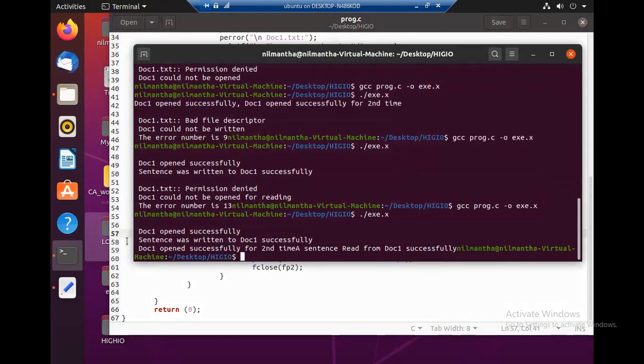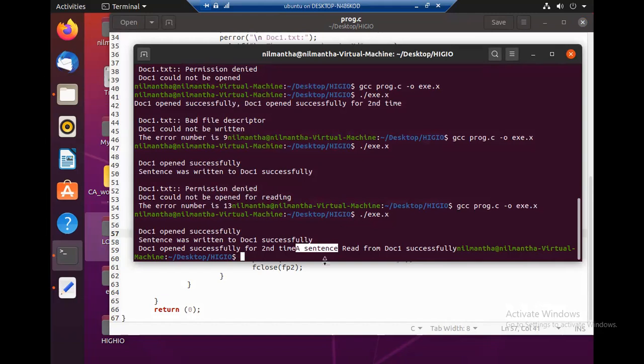So you can see a sentence was written to document one. Then as we removed the write-only privilege, now we are able to open the document for the second time. What was there in the file was a sentence.